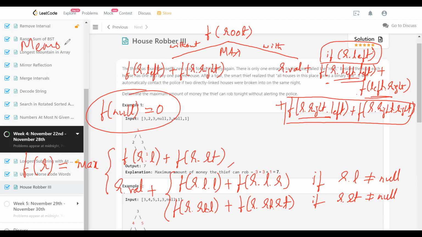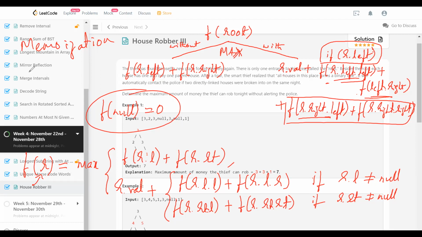When I use memoization, the idea is I'm not going to solve a problem multiple times. What is a problem here? The problem is identified by a root reference, right? Like a root pointer. So that's why I'm going to memoize on that root pointer. When I call f of root, I make sure whether it is already solved for that particular root. If it is not solved, then only I'm going to solve it and then remember it in a table. So I'm going to use a table, but the form of the table is not going to be as easy as a vector or a two-dimensional vector or something like that.